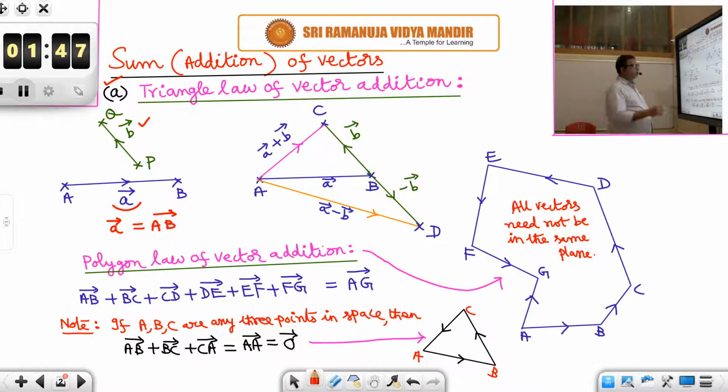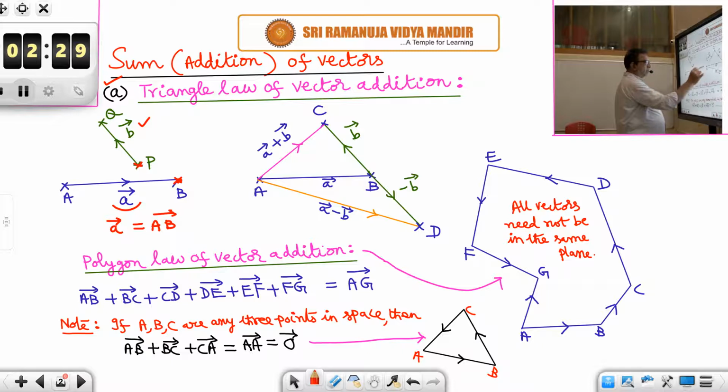So now we want to find A bar plus B bar. The first vector is A bar, the second vector is B bar. According to the triangle law of addition of vectors, at the terminal point of the first vector, which is A bar, that means at the point B, you have to place the initial point of the second vector. That means P, we should place it here by using the free vector concept, is it not?